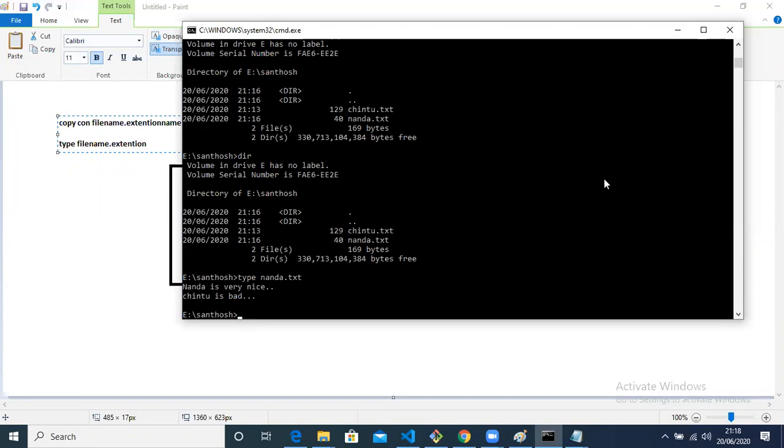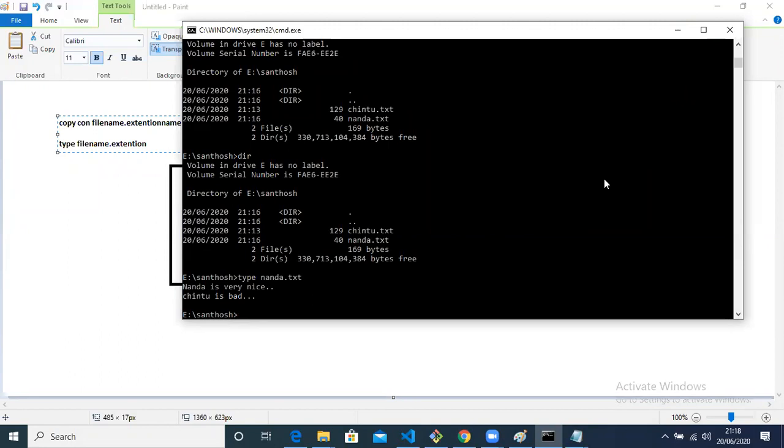If you want any list from the text, we should give the dir command. For a Word document, we should give the DOC command.